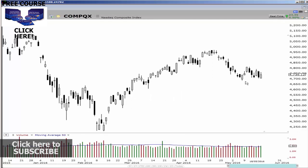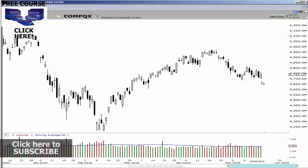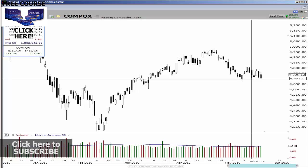Moving on through the Nasdaq. The Nasdaq actually had the biggest volume. A bit of a sideways sort of pattern through here. But once again, we're actually at a big level of support on the